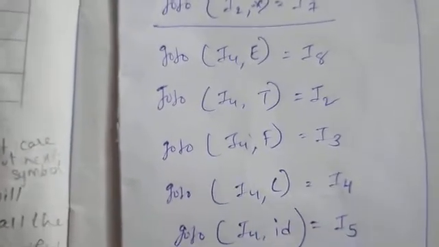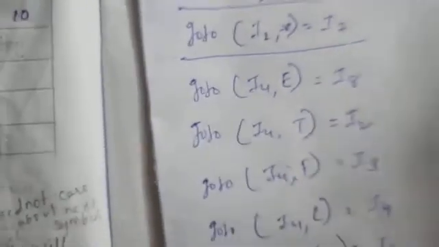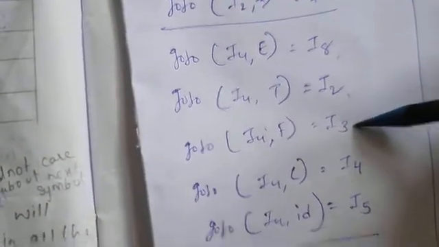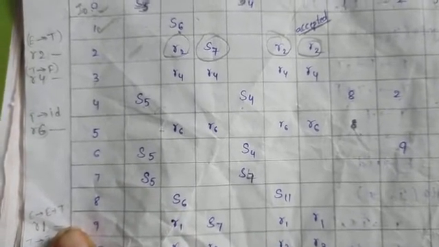In I4 we have E, T, F, open braces, and ID. Like that, in the fourth state, ID and open braces again, with E, T, F. E goes to 2, 3; here also E is 8, 2, 3, and open braces and ID go to 4, 5. So here S4 and S5 will be mentioned. Again the R5 reduction I will explain after this shift process, when I explain the complete reduction process.